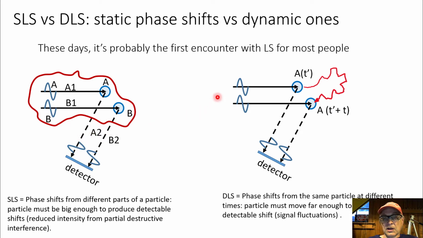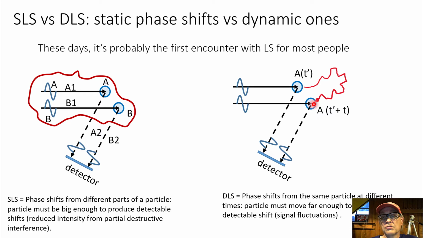In dynamic light scattering, I want you to think that we have the same particle, A, at time t prime, and A at some time t prime plus some later time t. And this little t here is called the lag time, the lag between t prime and t prime plus t. So this is the lag time, and during that lag time, the same molecule is moving around. So in dynamic light scattering, we're looking at these phase shifts off of one scattering element and another